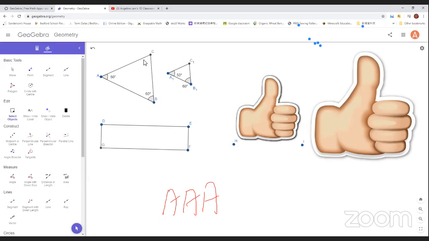And then I just haven't written the angle. But in this case, if we don't know the length, if you don't have any information about the length, then in this case, these two triangles, we say that they are